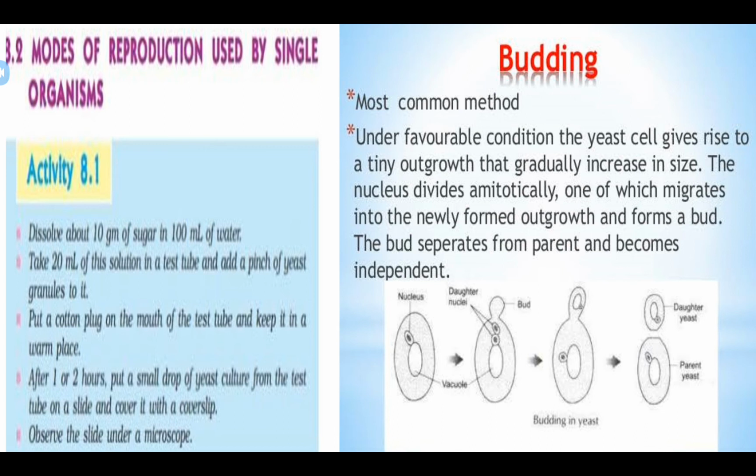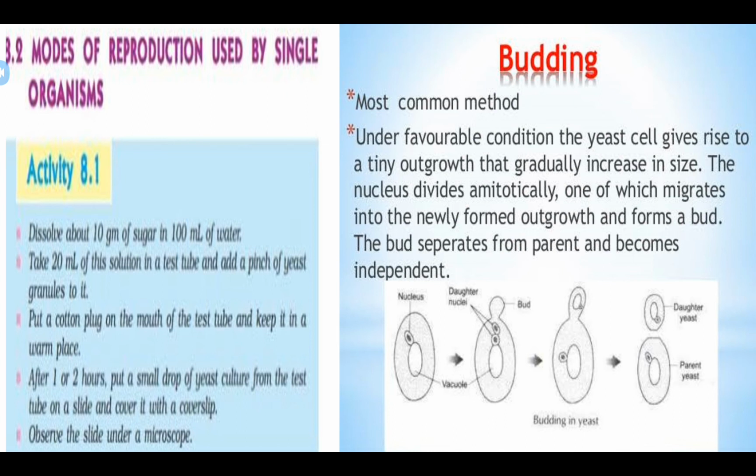We learnt about tiny organisms like yeast, which are microscopic organisms. Clear? Generally these grow and multiply every few hours if sufficient nutrients are made available to them. Just remember, what is a yeast? A single-celled organism. You already learnt about it in nutrition in animals and plants. So let us see how they reproduce through this activity. Dissolve 10 grams of sugar in 100 ml water. Take 20 ml of this solution in a test tube. Add a pinch of yeast. You can get that yeast from a bakery also.